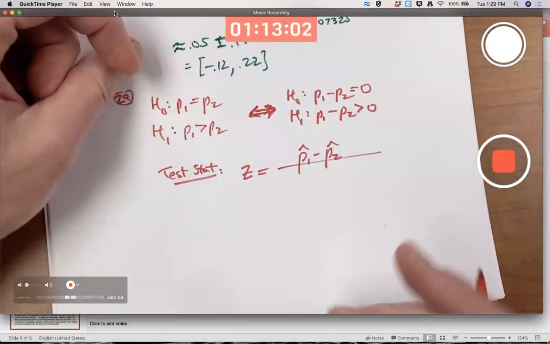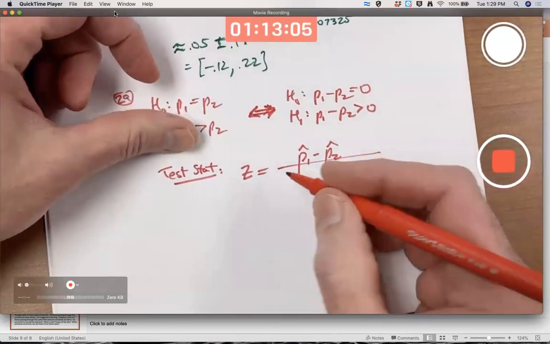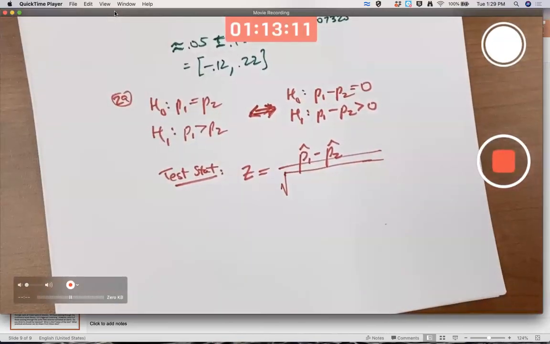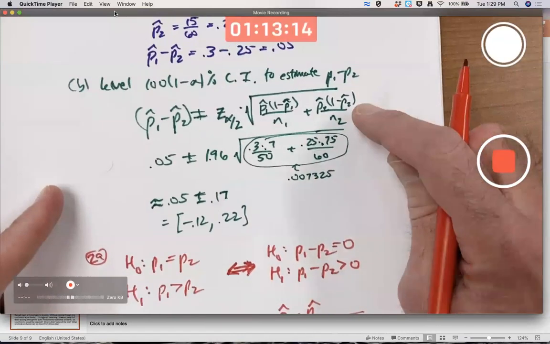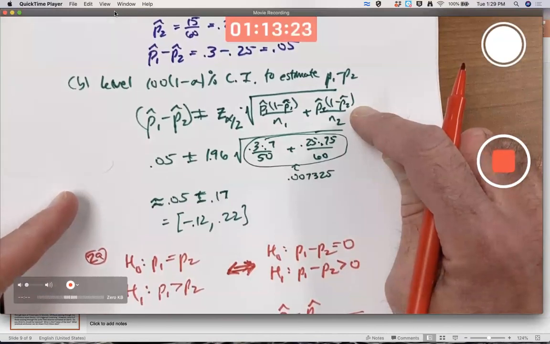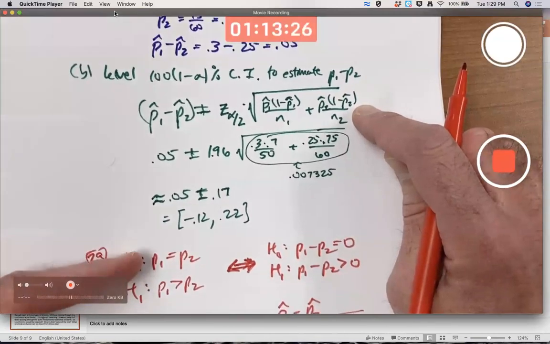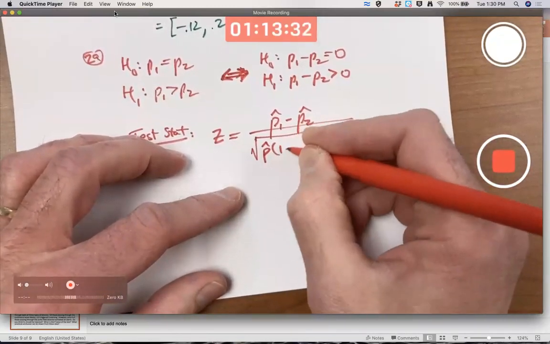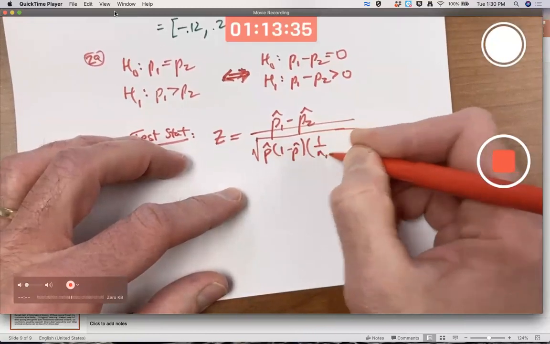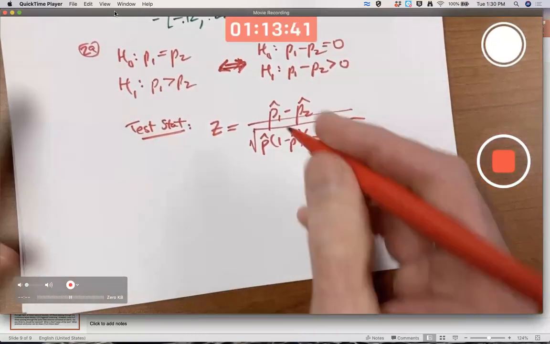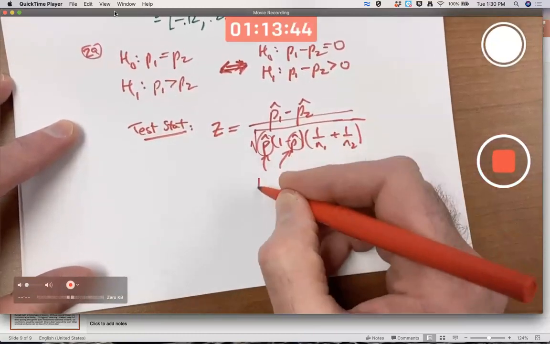Something a little different than usual happens in the bottom of this fraction here. It still involves a square root. And you still could think of it this way, as this square root. However, that's not what's done. Hang on, we're about done. This is the formula for it. And what is that? And why are there p hats there without subscripts? That p hat there and there is called the pooled proportion.